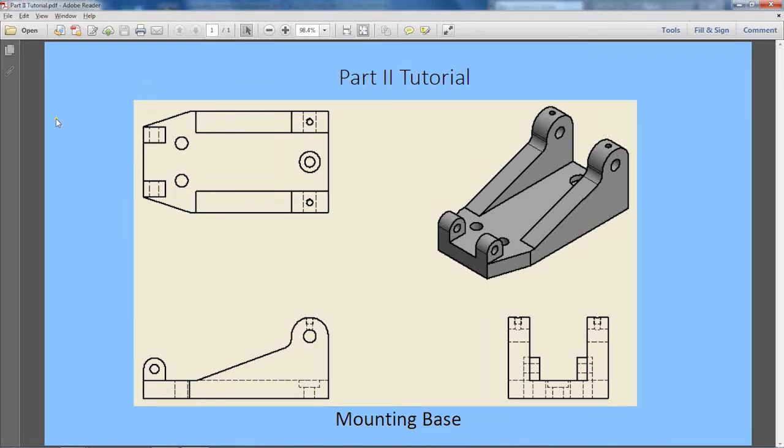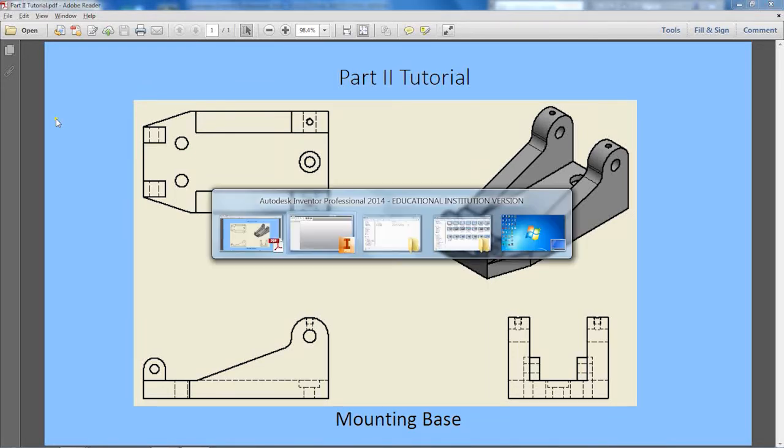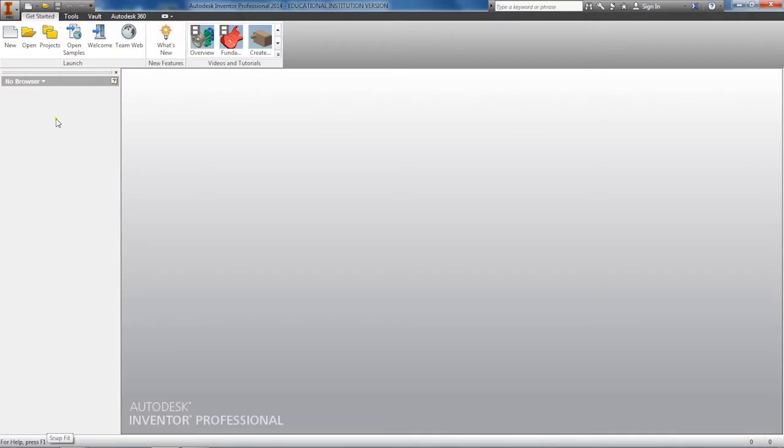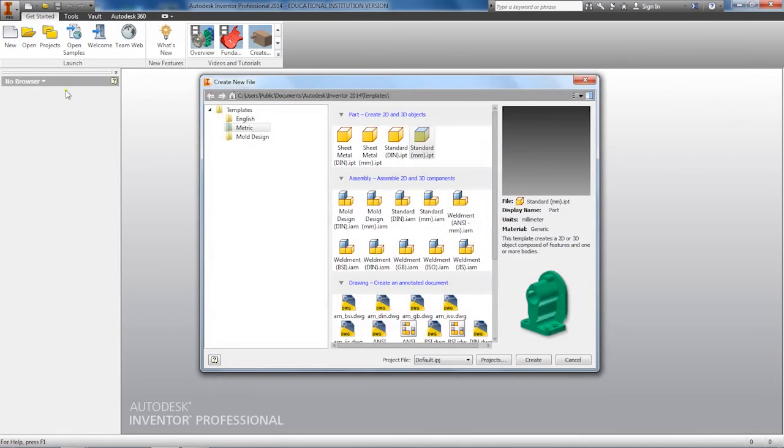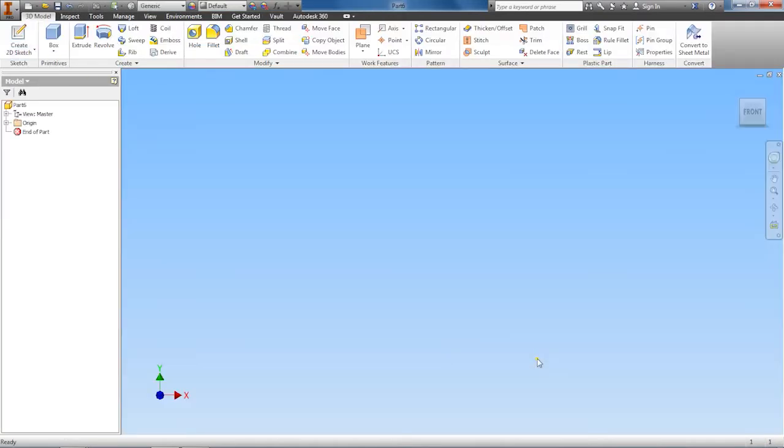All right, so let's go ahead and get started. Let's flip over to Autodesk Inventor and start a new part. We're going to be in the metric system, and we want a standard millimeter part. Click Create. All right, and remember, whenever you're starting a new part, you got to start by creating a two-dimensional